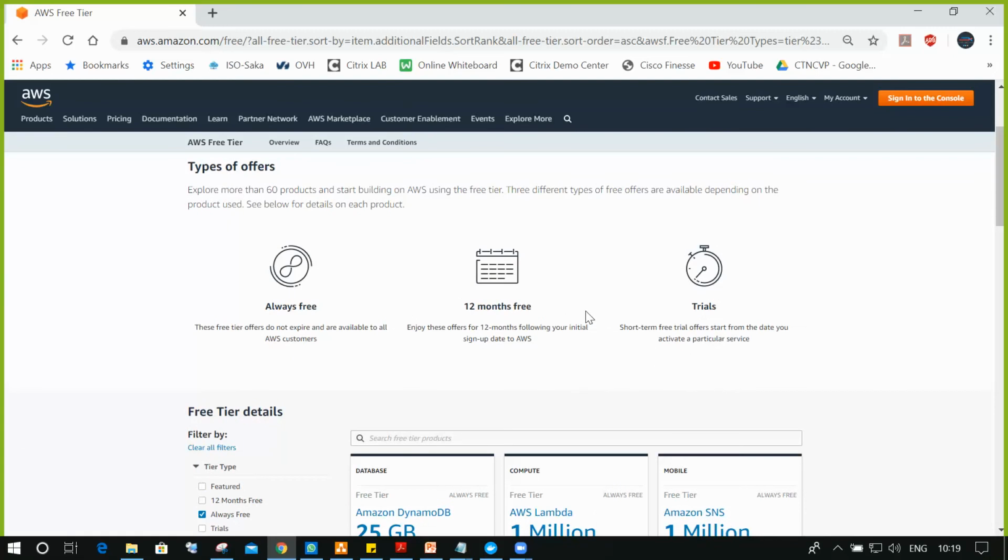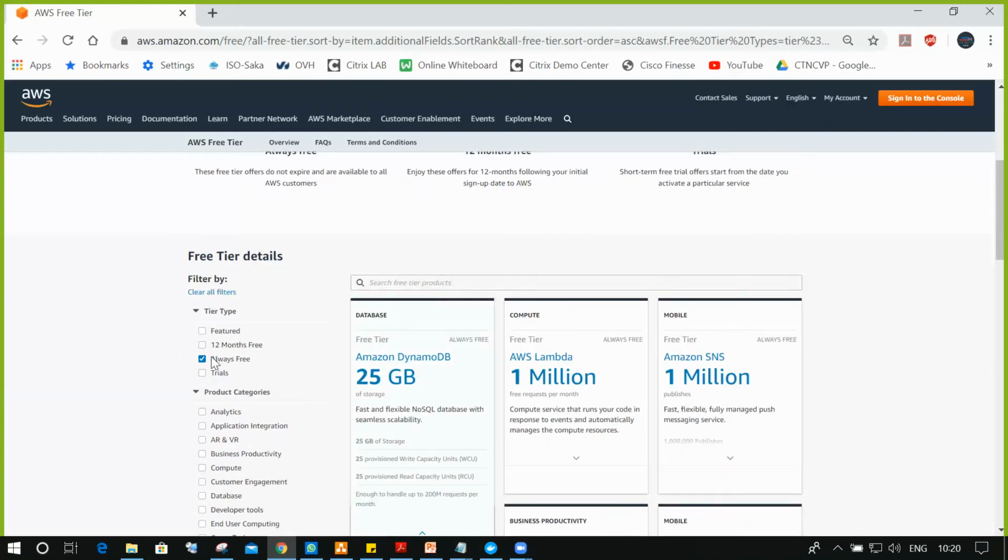Once your account is opened today, in 2020, then next year exactly the service will be discontinued from your AWS free tier account. After that you cannot use it. Once you sign up, you can use the service for the next 12 months and you cannot use it after that. If you want to continue the service, you have to move from the free tier account to the pay as you go model.